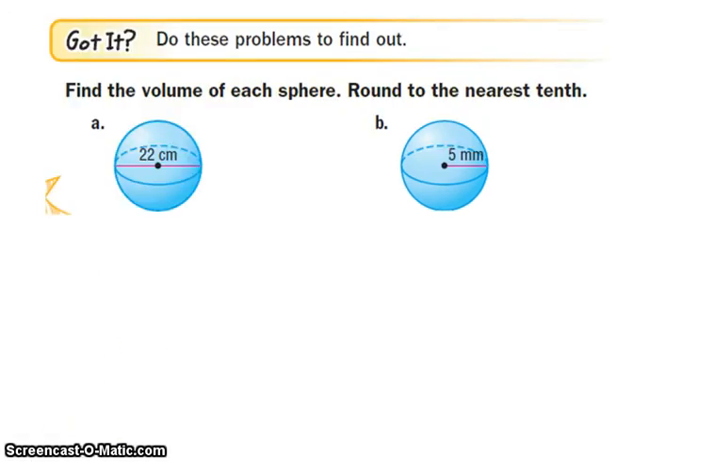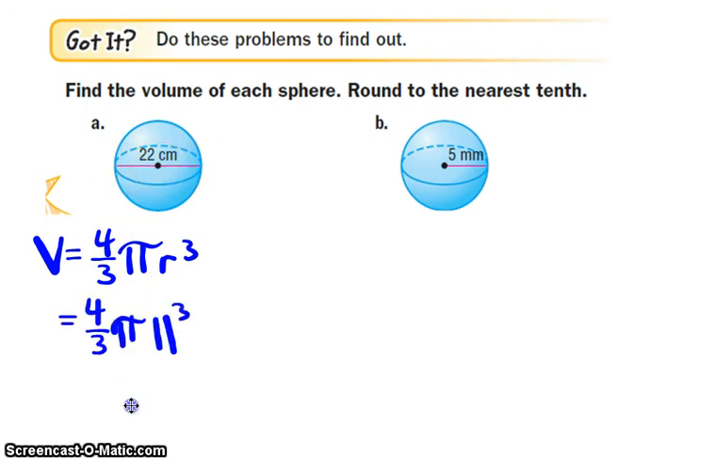Here are two got it problems. Be careful on this one because this gives you the diameter. And this one just gives you the radius. Go ahead, pause the video and try your two got it problems. Letter A. We're going to start with our formula, 4/3 pi r cubed. All you need to look for, because this is given and this is given, is just your radius. If your diameter is 22, your radius is going to be 11. So 4/3 times pi times 11 cubed